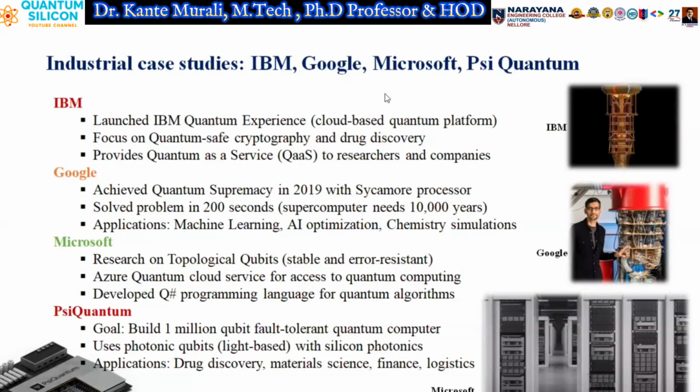We recall the vision and reality in the third unit: still we are working with hundreds of qubits. We are unable to cope with even hundreds of qubits, whereas PsiQuantum is looking for a 1 million qubit quantum computer. They are going to use photonic qubits. As you know, one of the beauties of photonic qubits is that they work at room temperature. As for applications, of course, all the things you came across, like drug discovery, material science, finance, and